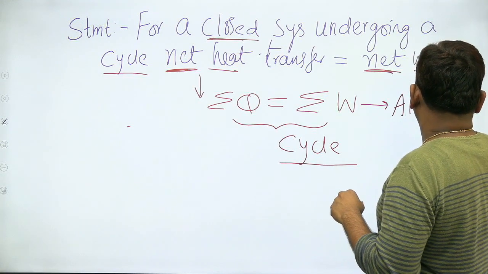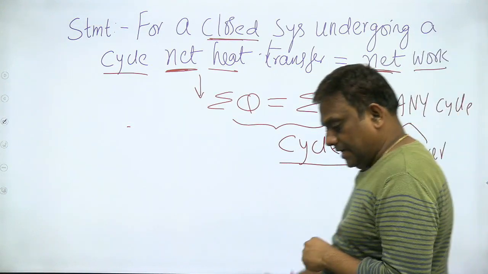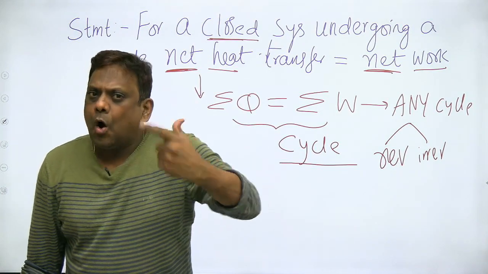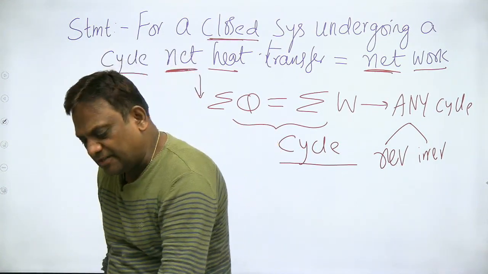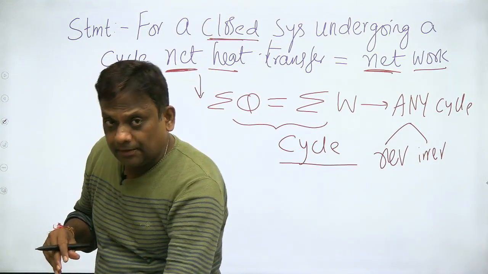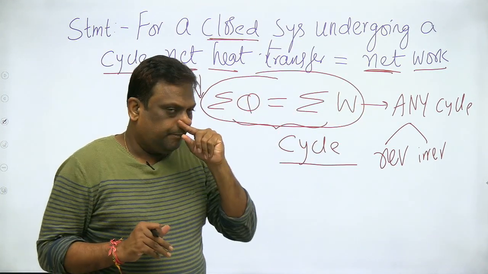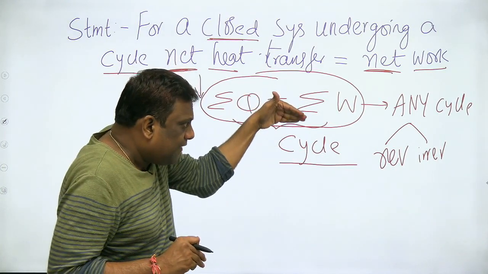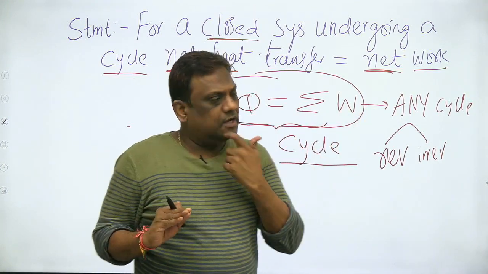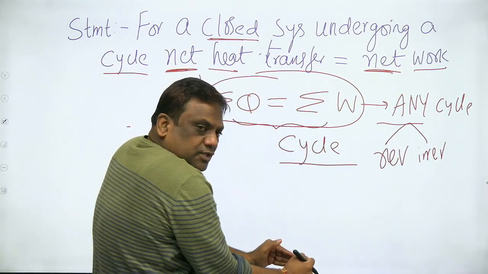Here the word any means may be reversible, may be irreversible. That word you need to take care. So I simply said any cycle. Here any का मतलब है reversible or irreversible. Absolutely fine. So please note down that this is a cycle equation, for any cycle. So if I develop equations for a process from this, that is also valid for any process, because it is any cycle.